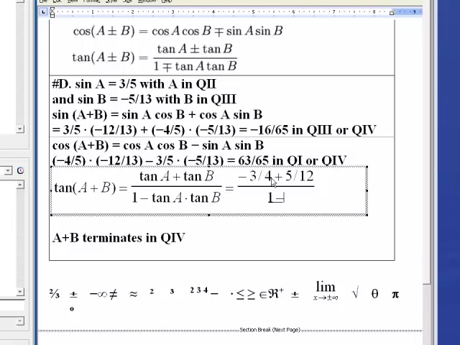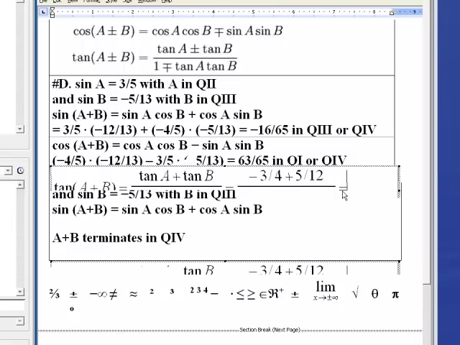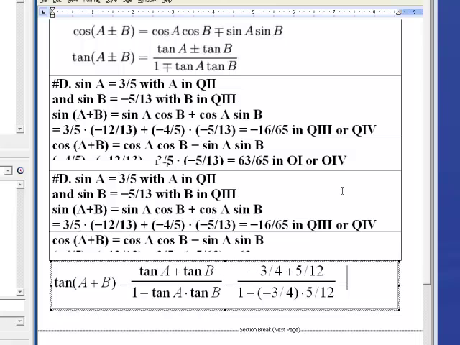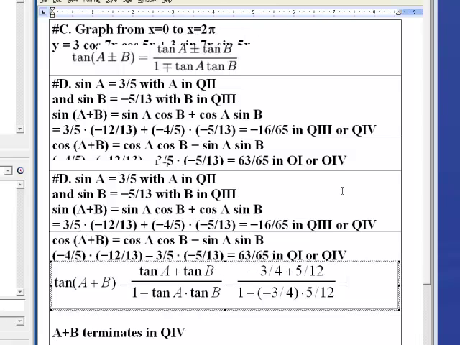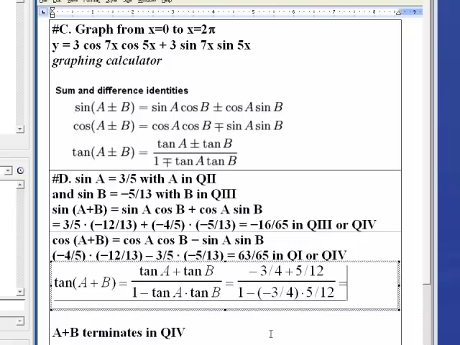And we have 1 minus, same here. And I'll put this in parentheses. There we go. Times tangent B, well, there it is, 5/12. There we go. And now you do the whole fraction. I'm just double checking with my notes, and indeed that is correct. And when you do the whole rearranging of these fractions and multiply them out, you come up with negative